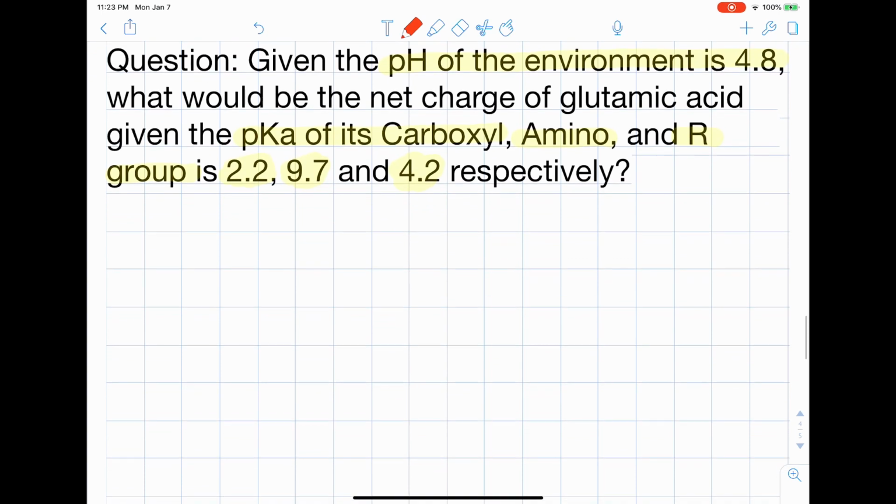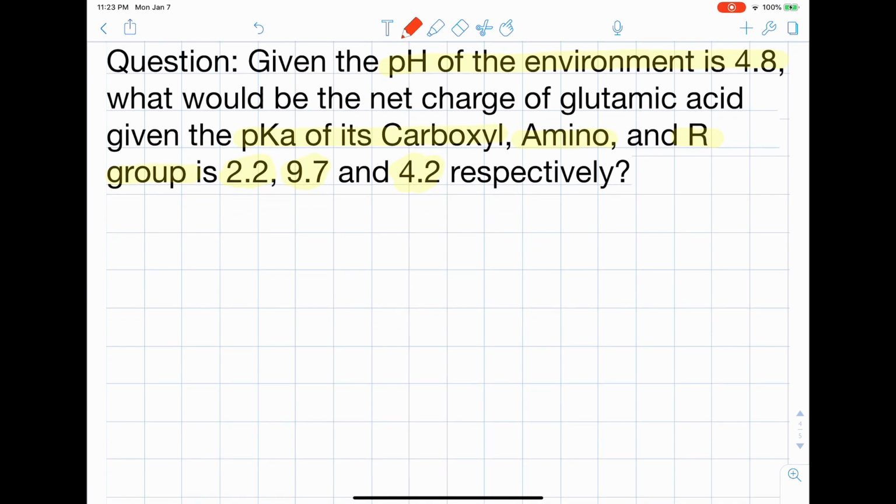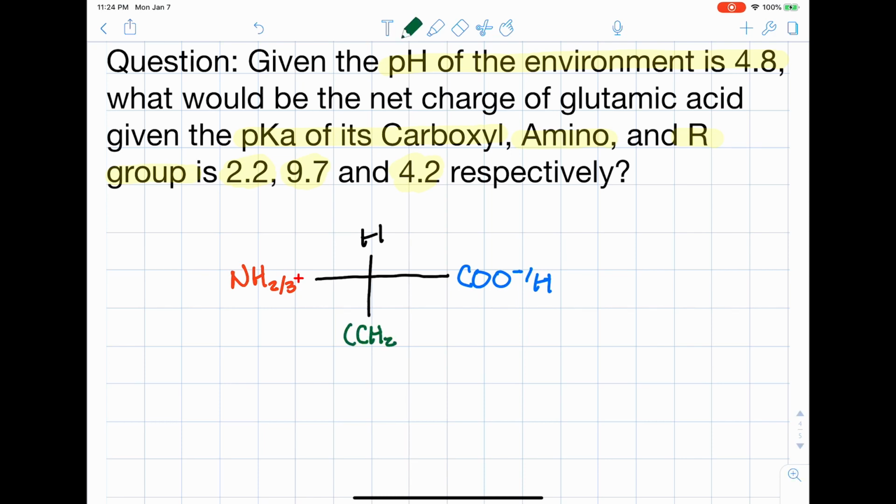I always like to reorganize the information given in the problem so that it is easier for me to use. Since the amino acid we are analyzing is glutamic acid, a derivative of glutamate, I would first draw out the amino acid structure and then label each group with their respective pKa. Another thing is that I draw each group in both its forms. For instance, the amine group is written as